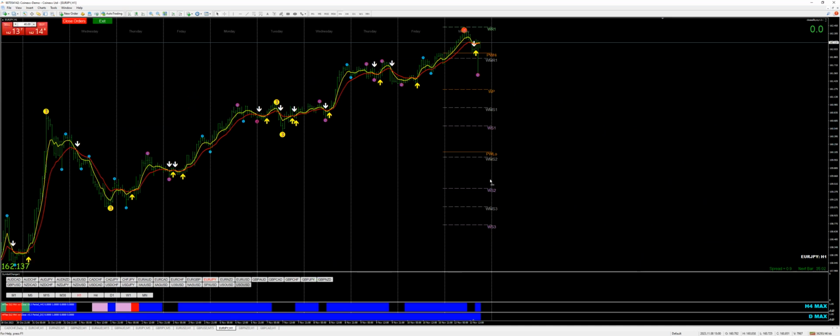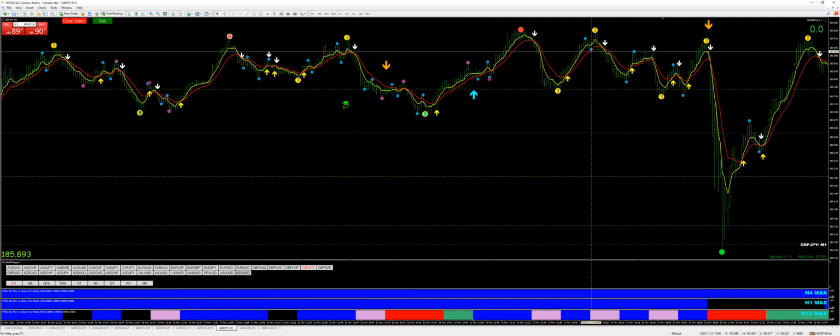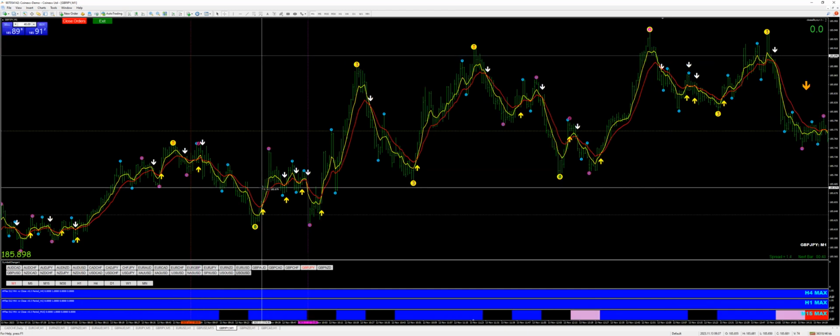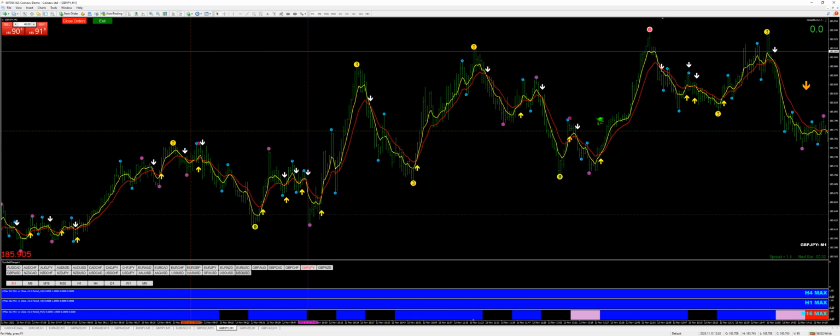And the other one would be the pound yen, same situation. Go back to the 1 minute. Same thing, here's the entry. And this one, you could write this out if you wanted to, but here's 14 pips, here's 17 pips, 18 pips. So 24 pips on 2 pairs,